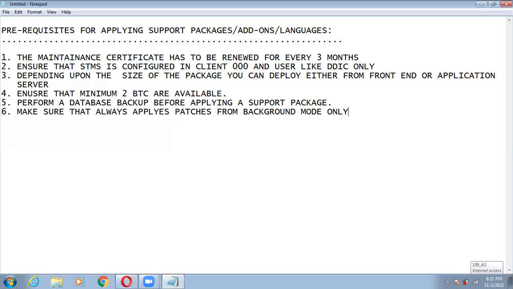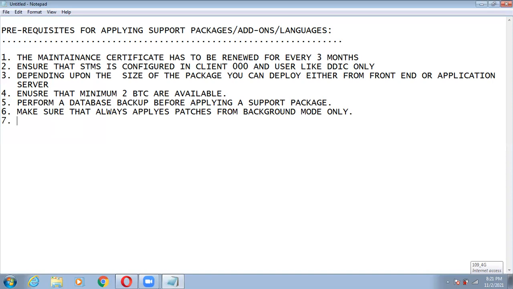You can apply from foreground also, that is dialog. But what happens when you apply from dialog and suddenly you get logged out from your session? Whatever you are doing will get disconnected. That's why always make sure that you apply the patches from background mode only.